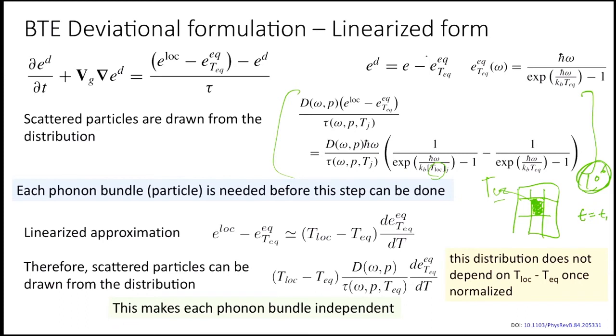That's detrimental, so we have to find a way to get rid of this T log from our equation. If we could get rid of T log, then we don't need to know the information of all the particles at the same time. We could propagate one particle at a time. And if we have a parallel computer, we could propagate, say, 200 particles on different processors, and all these particles would scatter. In the end, we would collect all their statistics.